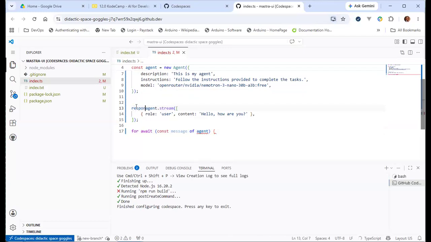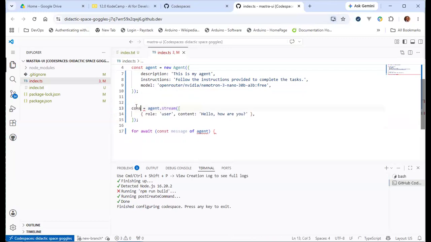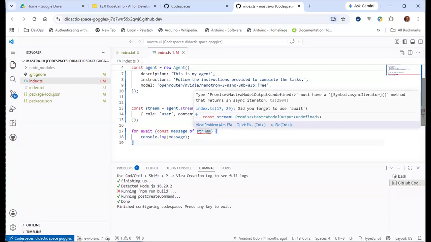Let's call it stream, because it's a generator. It's not an actual message, but it is something that will keep sending out messages. So you have to loop through this stream, right?